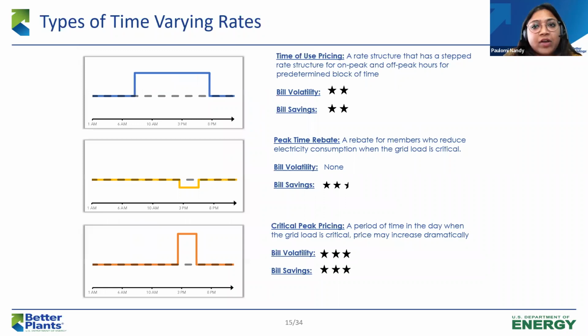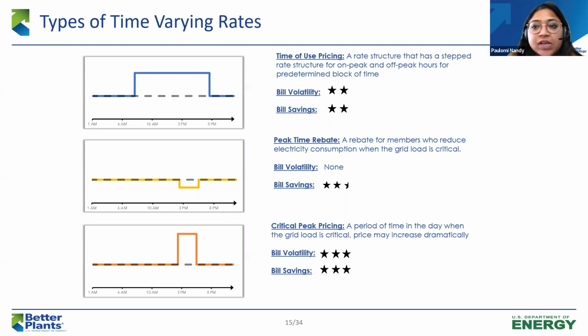Jumping into a little bit of time varying rates, there are different time varying rates that are available from your local utility provider. Some of them I have mentioned here. So time of use pricing is basically a rate structure depending on on-peak and off-peak hours. This is predetermined by your local utility. And usually during the afternoons, you would see a higher rate, higher charge,